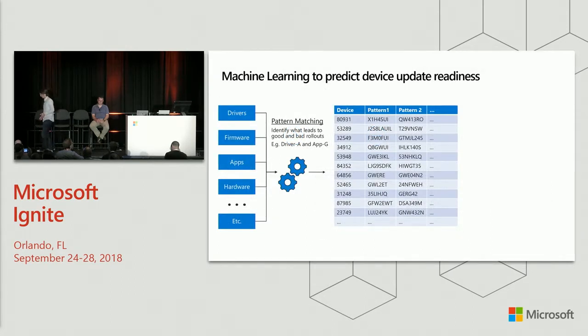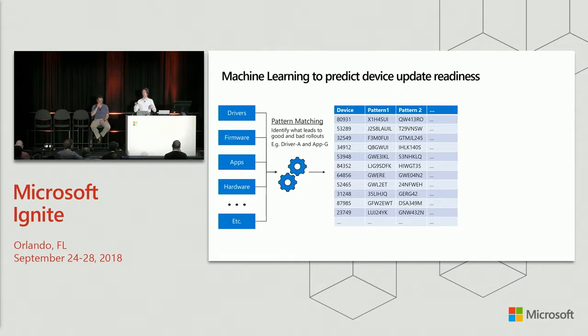And so let's talk about this. At a high level, the way that we approach this process for our machine learning, our goal is to predict the probability of success of a device updating successfully. And so we look at a whole set of features that are in our model. We take drivers and firmware and apps, as I mentioned, and we look at all of the different permutations of these things, and we identify a set of patterns. And for every device that we know about, hundreds of millions of them,